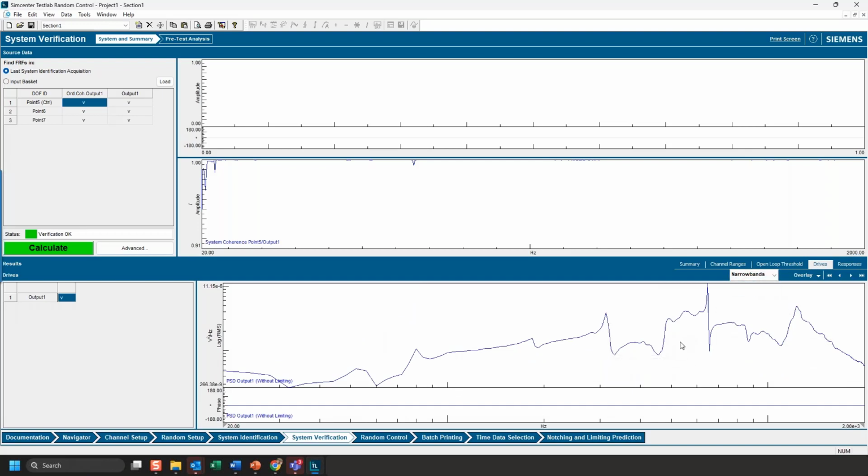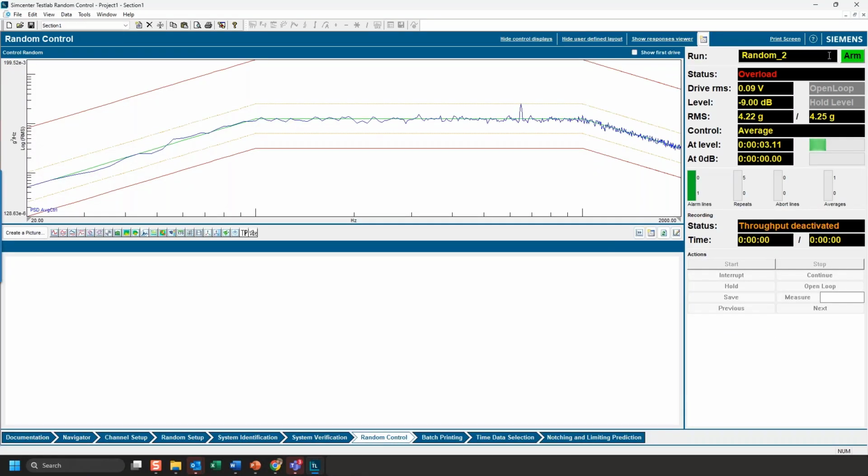If our initial drive looks like it might be too high, then we've got to start looking at things like, is our accelerometer sensitivities input correctly, and things like that. How do you look at this and determine whether it's too high or not? Well, really what it boils down to is experience. You'll get a flavor for how these drive levels should be after working with the shaker.